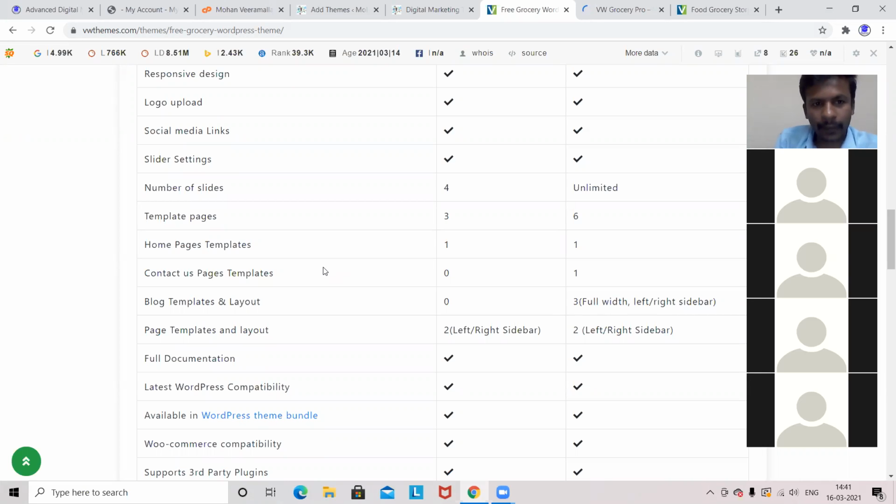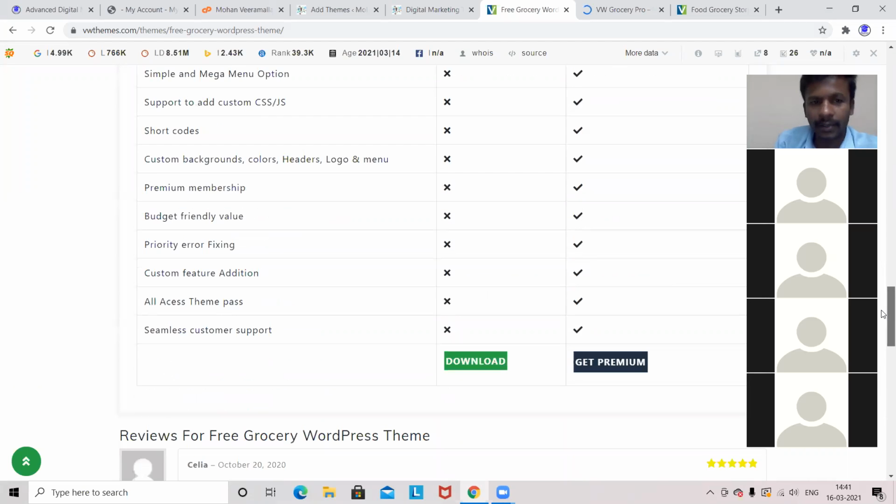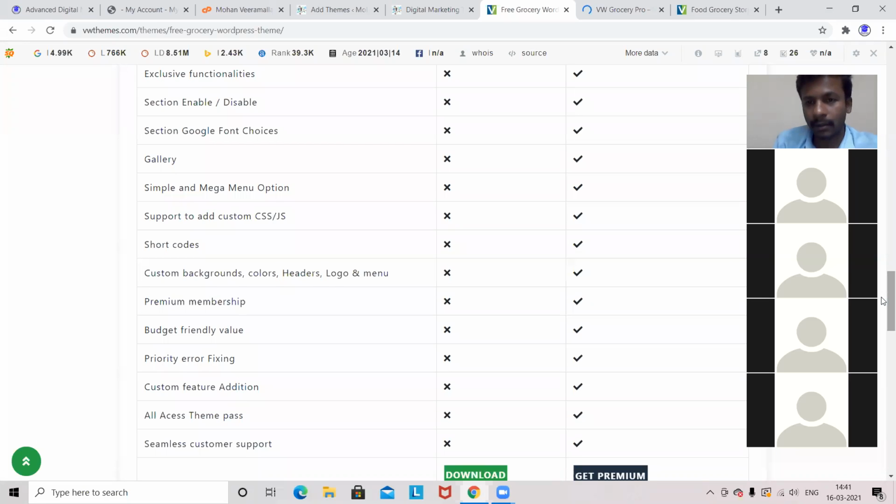So in the free version, there are lots of restrictions. In the paid version, you will have no restrictions. Everything is a tick mark. That means colors you can change, font you can change, logos you can change, background you can change, any option. If you want to edit the coding part also, sometimes people edit the code after buying these themes because they want to change things as they want. At that time you need coding knowledge to edit the CSS and JavaScript part. For that also access is available, but not free access, you have to pay for this one.